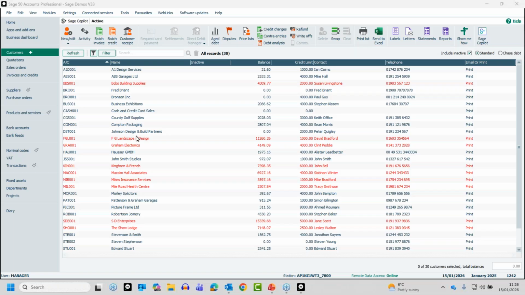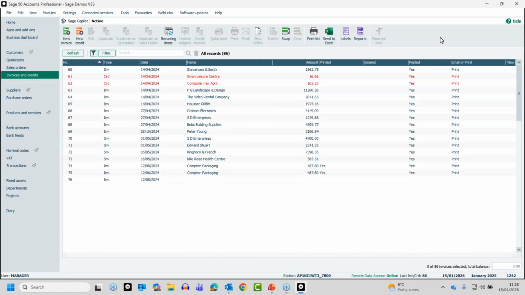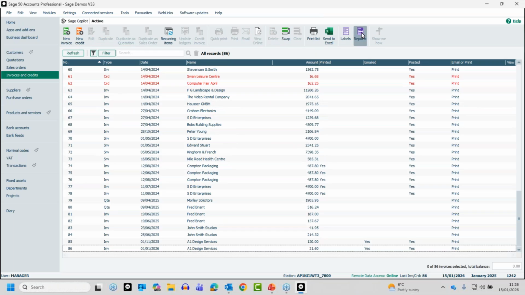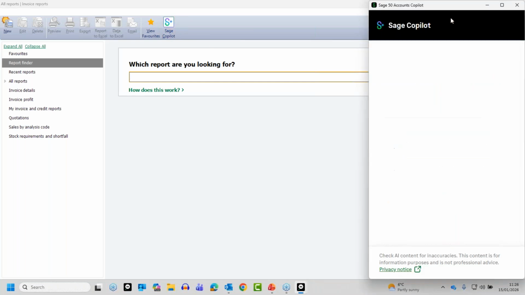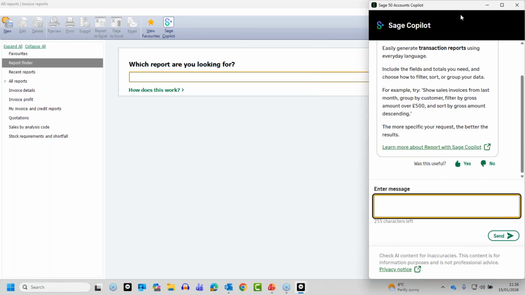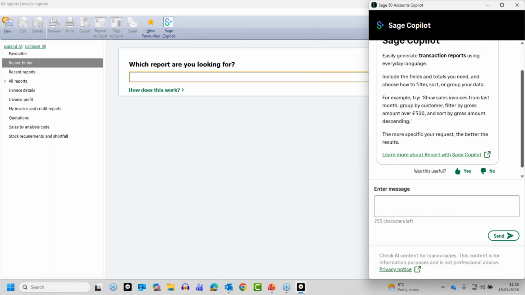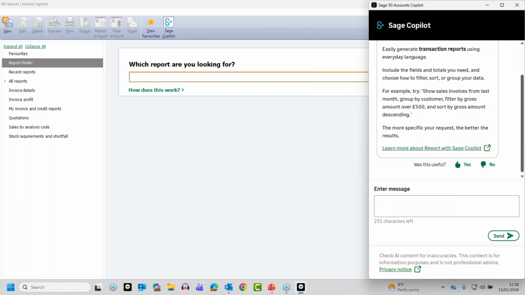Now you can access Report with Copilot from any ledger, doesn't matter which one, any ledger that has a reports option within it. Or even if I went into invoices and credits, you could click into reports, sorry, and then you've got that Sage Copilot or Report with Copilot, depending what version you're on. So we give it a click, and it will open up this panel for us. It gives you a bit of an introduction here, so tells you the kind of things that you could look for,